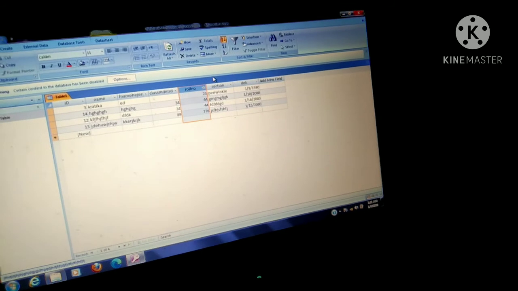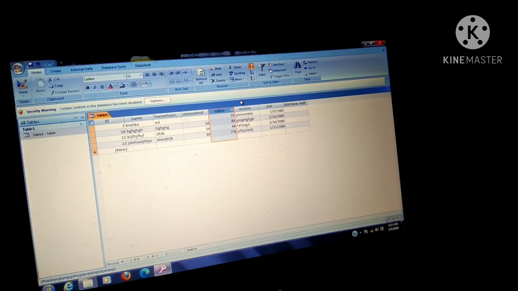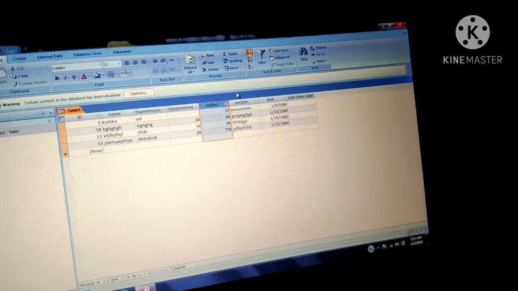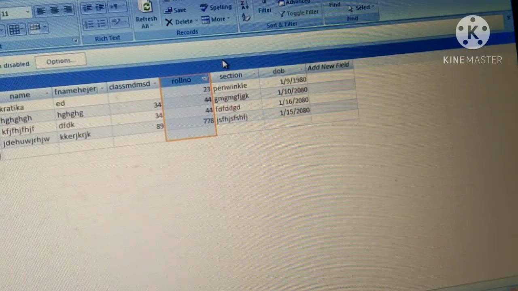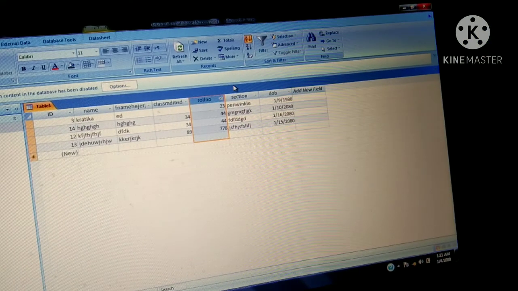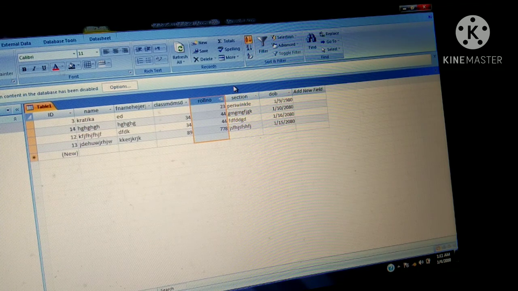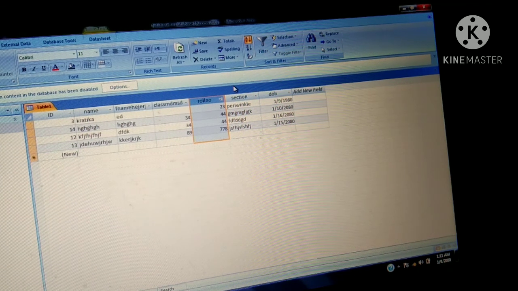Okay. So in this topic we discussed editing the design of the table, editing the fields of the table, and editing the records of the table. In this, we saw how we can insert a new record, how we can delete any record, how we can sort the records, and how we can do editing in the content of the table. So these things we discussed in today's class.